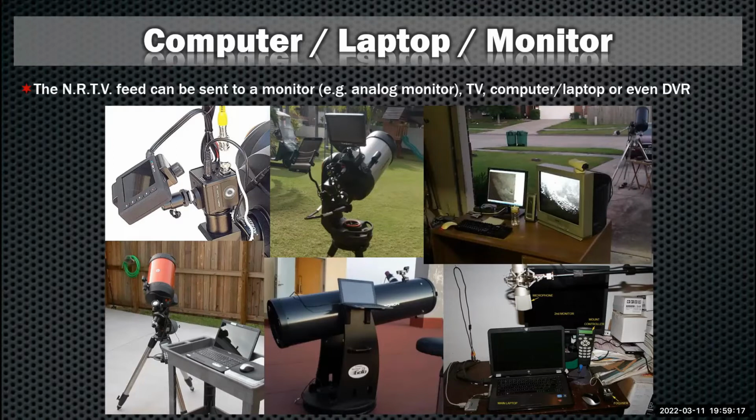Got an example here of an orange SCT Celestron, and the gentleman has a cart that he just wheels out, and that becomes his table. You can even see you can connect your laptop right next to your Dob. And the last picture is from a gentleman down in Australia who does a lot of virtual broadcasts, and you can see he's got a microphone that he uses as he's doing his internet broadcasts, and he can control his mount and do everything. So he's got his own little workstation there.